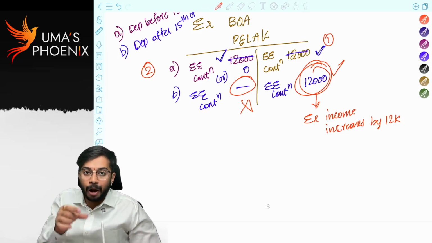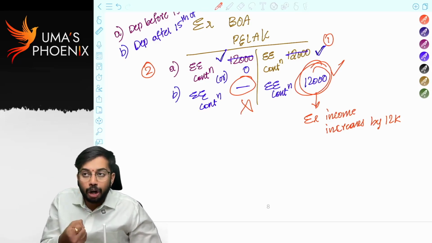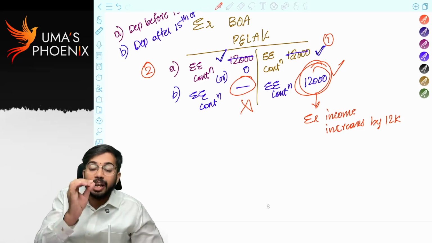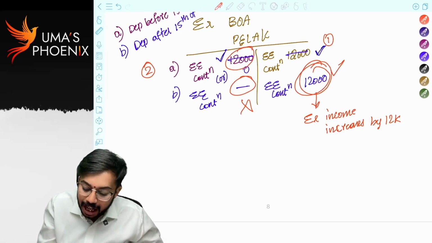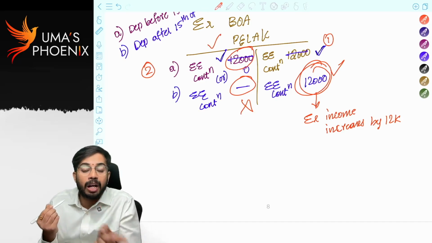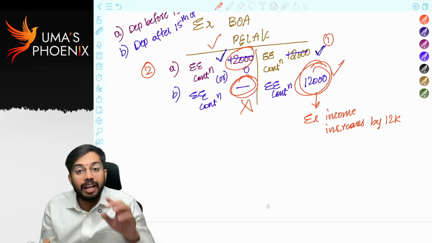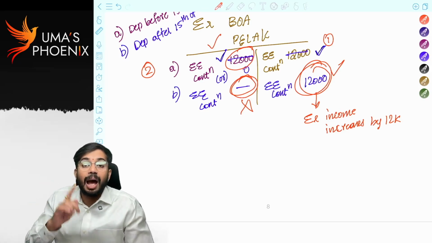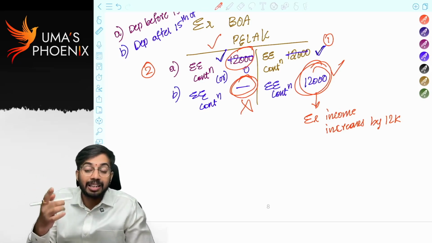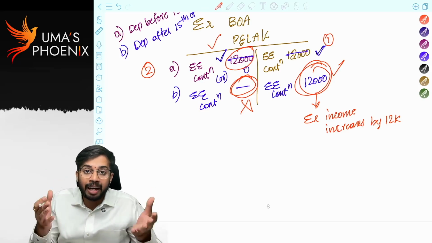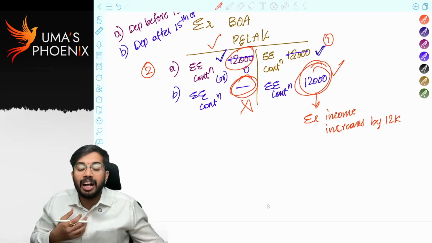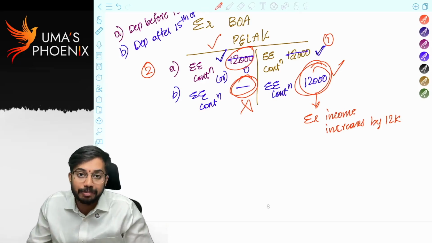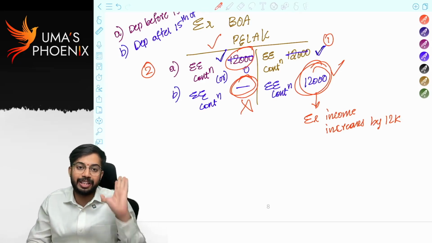Only if the employer deposits the employee contribution to the provident fund account on or before the 15th of next month, then only is the employer expenditure allowed as deduction. If the employer deposits after the 15th of next month, the income will be there but the expenditure is not allowed. So automatically income increases, and the employer is required to pay higher tax. As the employer is required to pay higher tax, he will get scared and he will ensure the amount is deposited on or before the 15th of next month. Are you able to understand? So this is the rule.